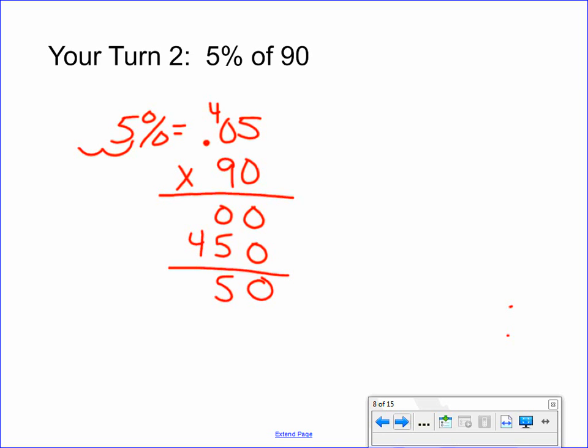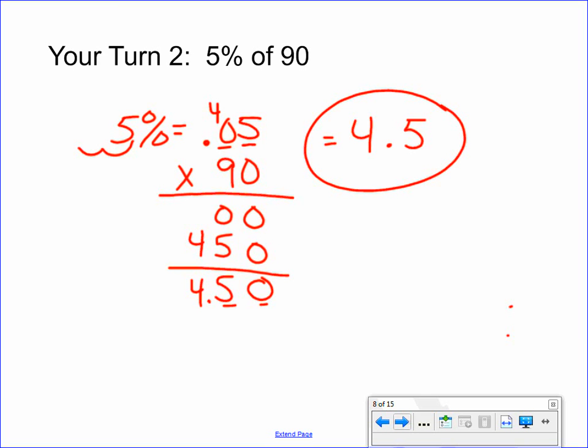Do my addition. 2 decimal places up here, 2 down here. So my answer should be 4.50. Or if you just came up with 4.5 and left that 0 off, that's just fine. So there's your answer. All right, hopefully you have a pretty good understanding of this, but now I want